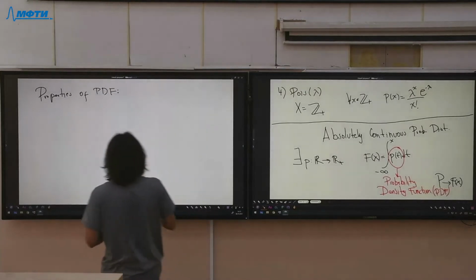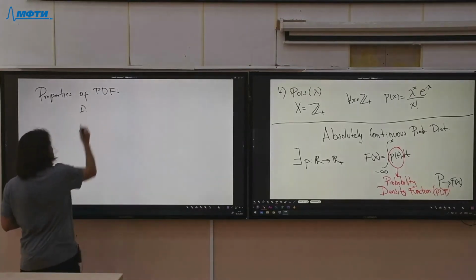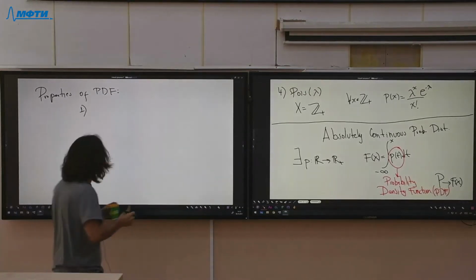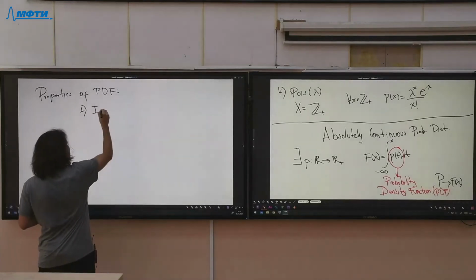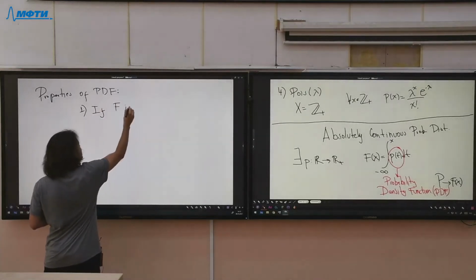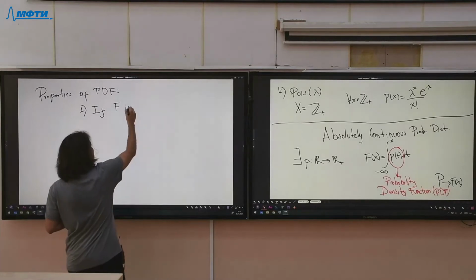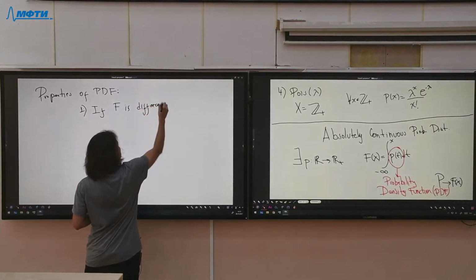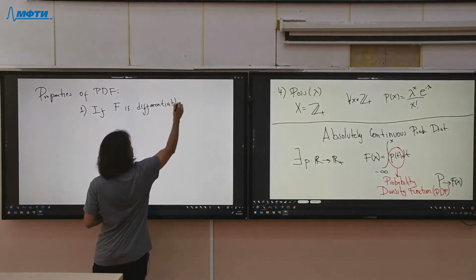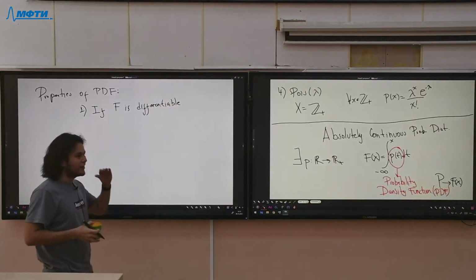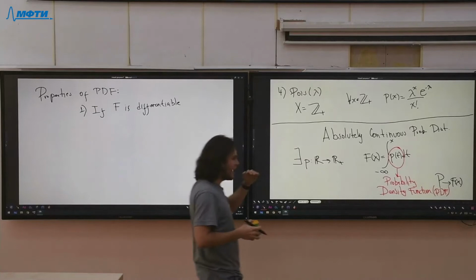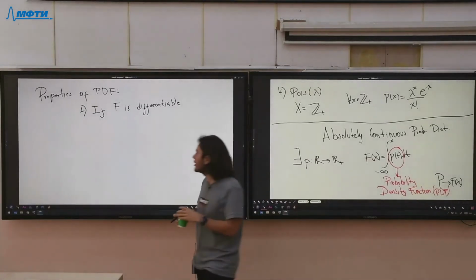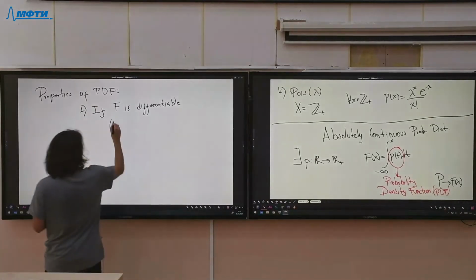The first one is that if the CDF, if f is differentiable, right? So if the derivative of f is defined in every point, in every real number, then